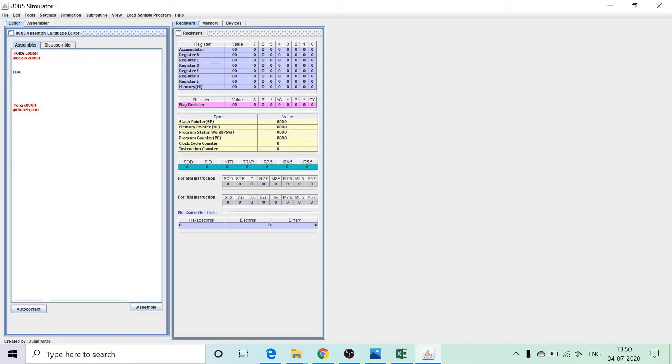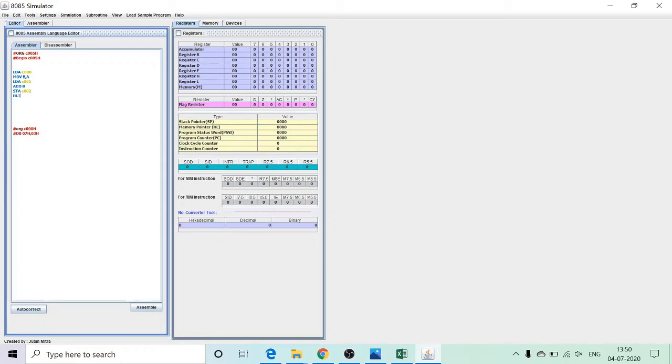So the first instruction that we use is to load the first value from C000. The next one is move B, A. The next is again load the second value from C001 into the accumulator. The next thing is we fire the add instruction. The next is storing the value in C002, and the last is the end of the program, which is 76. Now this 76 will be RST1 in the lab.